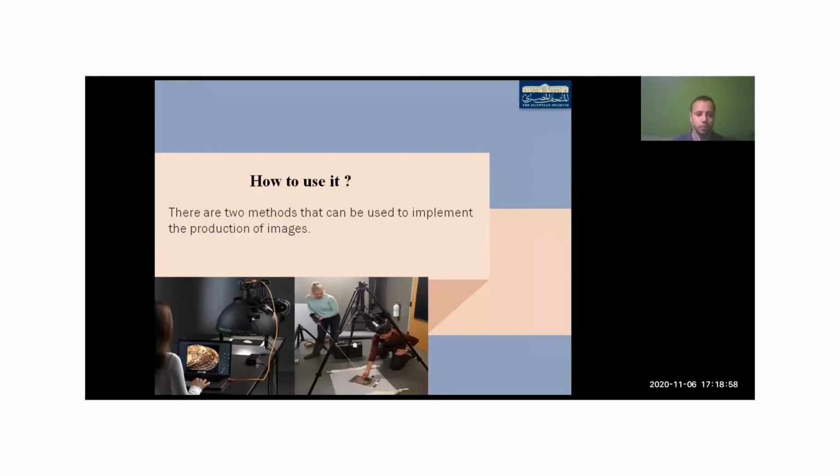So the next point is how to use RTI. There are two methods that can be used to implement the production of RTI. The first one is the standard RTI, and the second one is the highlight RTI, or HRTI, method. Most people use the second one